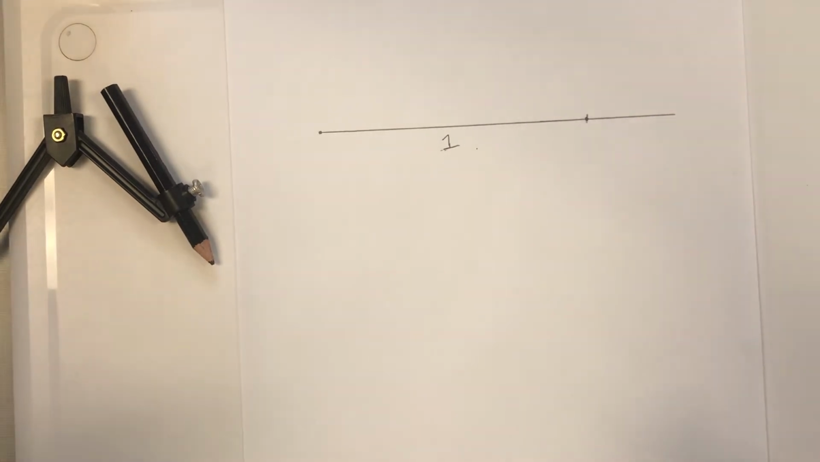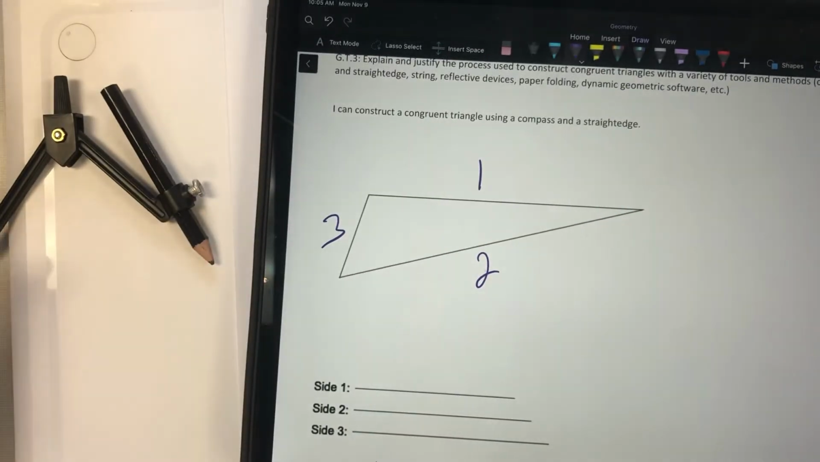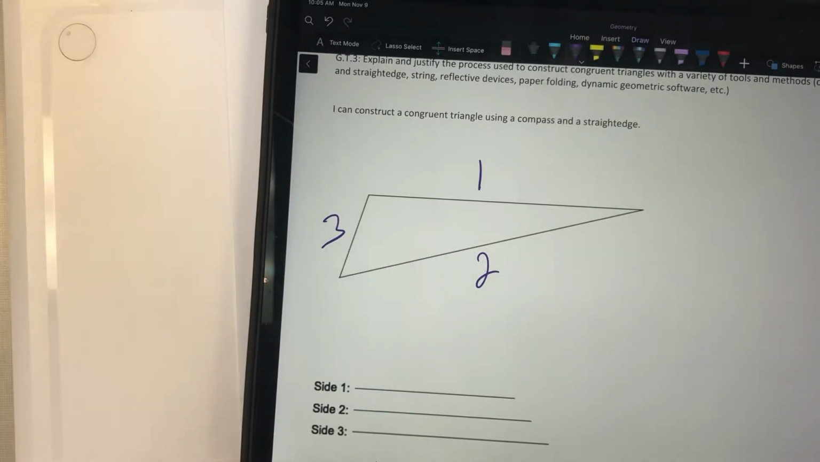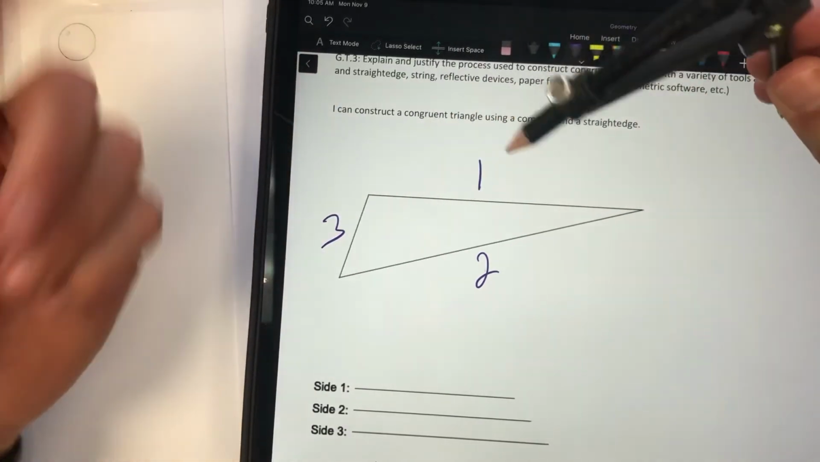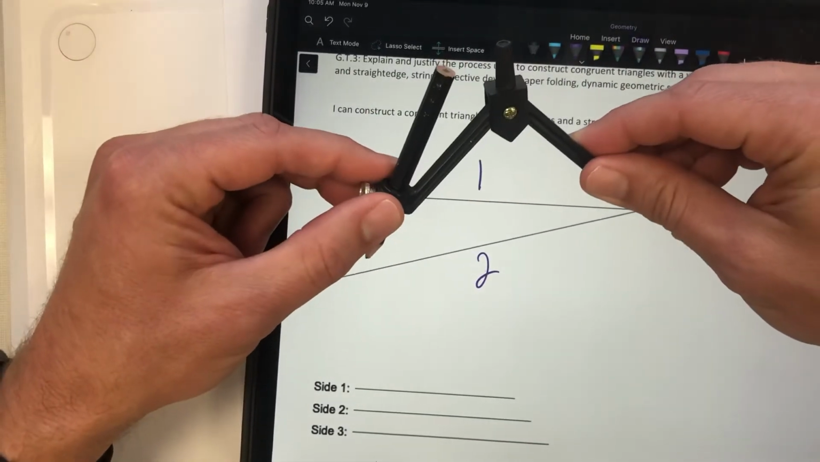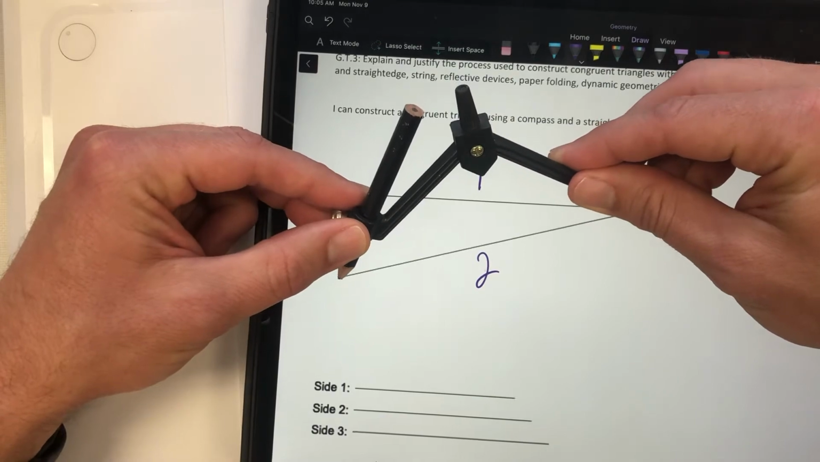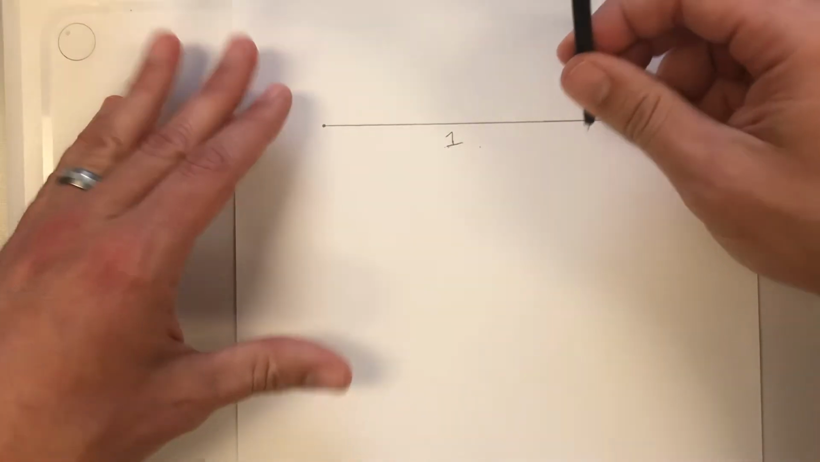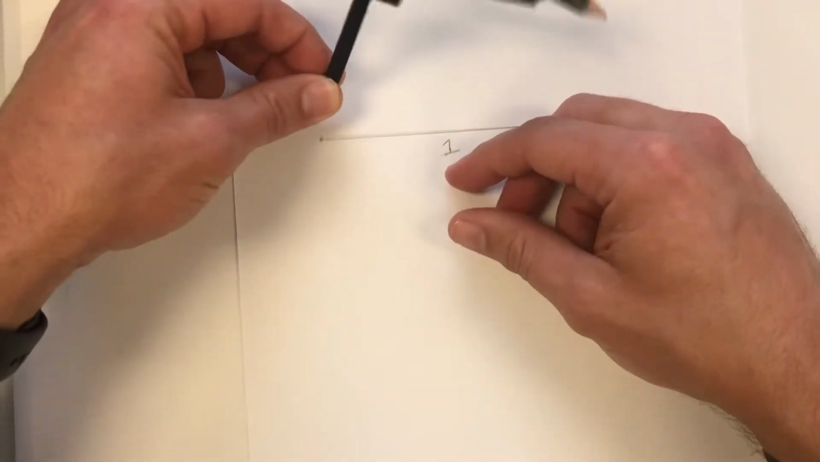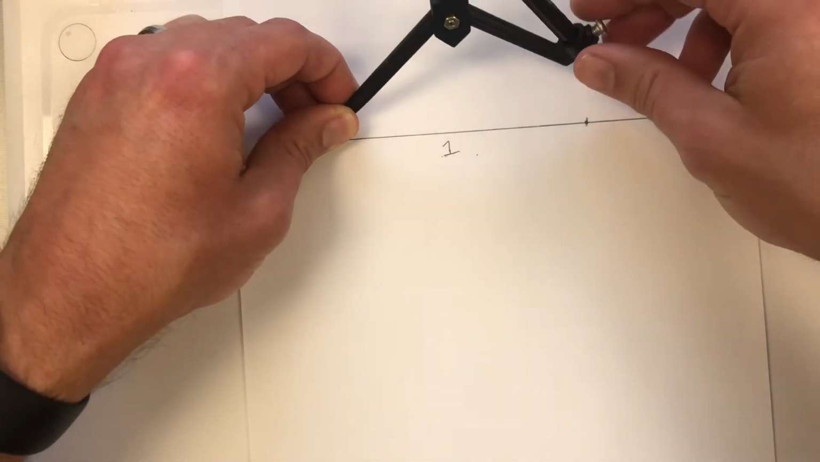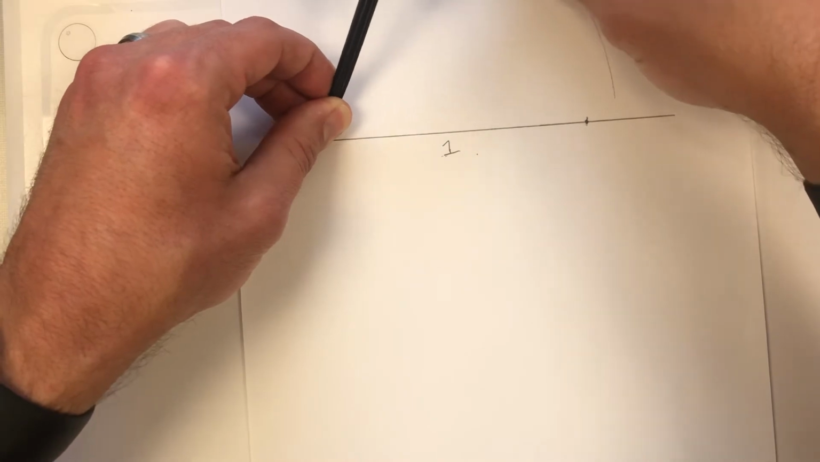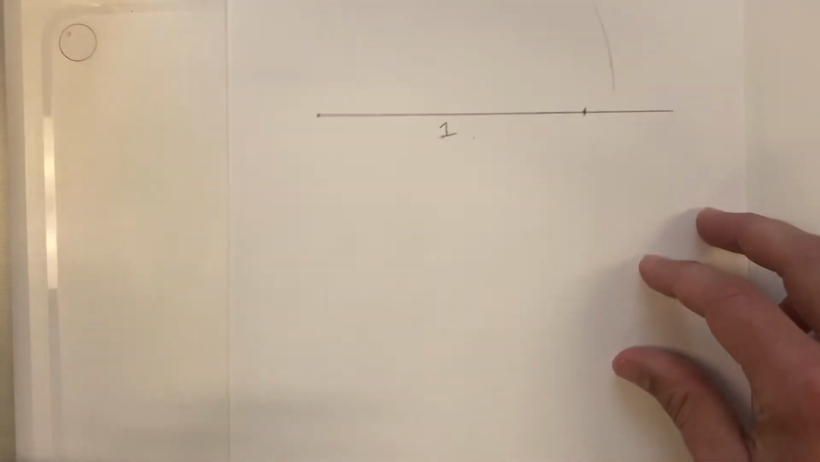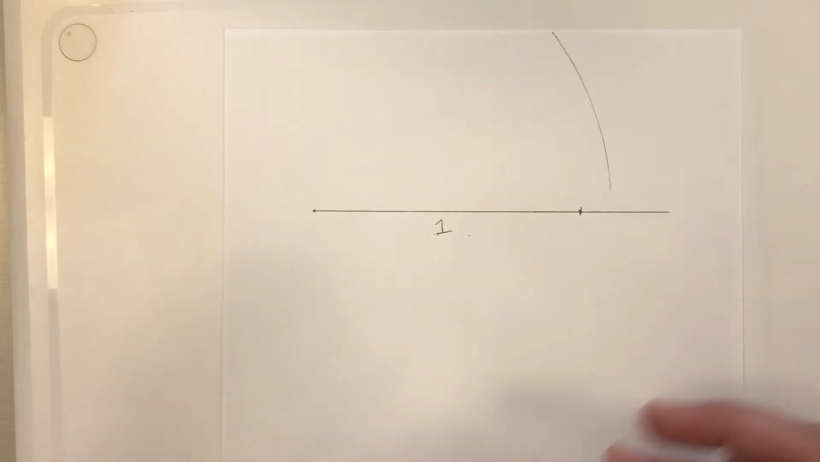Now I need to copy side 2. No matter how I copy these two, they're going to end up the same way. What I mean by that is no matter which way I do it, I can do this above or below. It's totally fine. I'm going to mark this. Ooh, that's stretching that compass pretty good. All right, mark that. Now for number 2, I'm going to put it on the left-hand side here, and I'm going to make an arc. Okay, so now I have just an arc out there